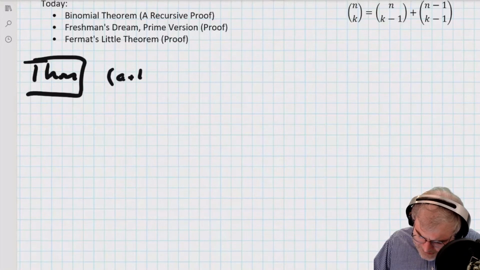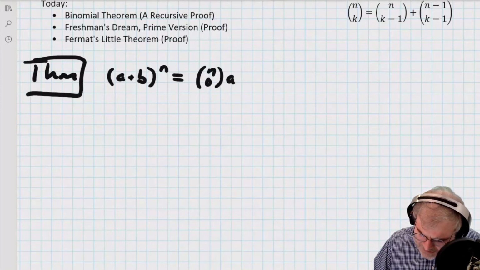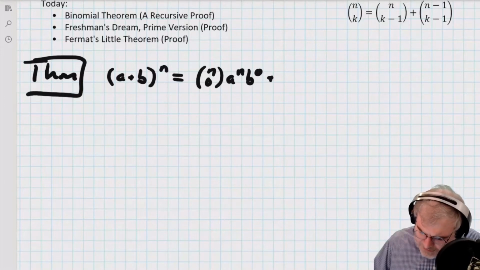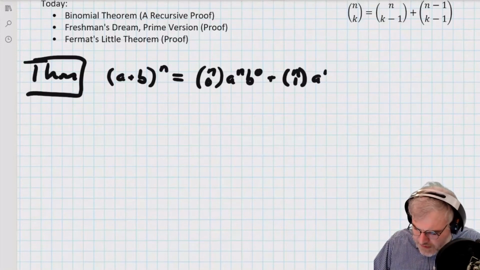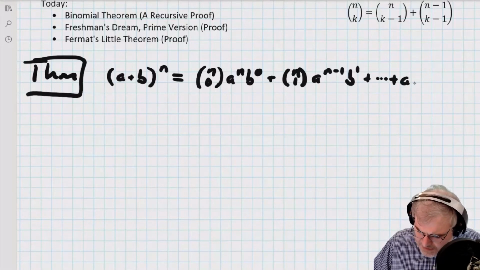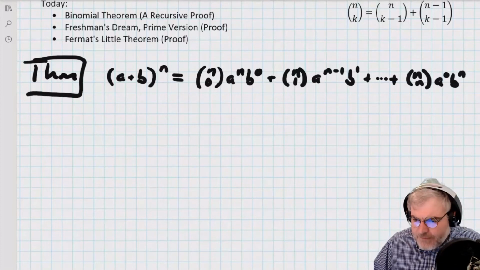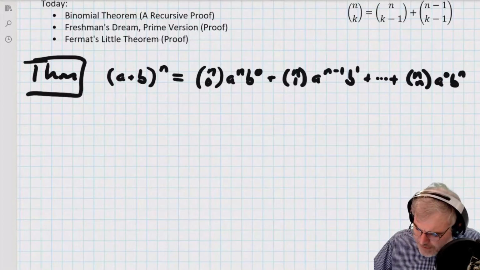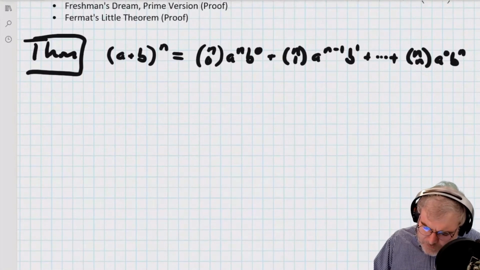(a + b)^n equals n choose 0, a to the n, b to the 0. I may have done it the other way. Which way did I do it? Did I do it a to the n, b to the 0? I think so. Plus n choose 1, a to the n minus 1, b to the 1, plus dot, dot, dot, plus, oops, I need the n choose n, a to the 0, b to the n. Okay? So I have this theorem, and our proof right now, the proof we did at the beginning of class,